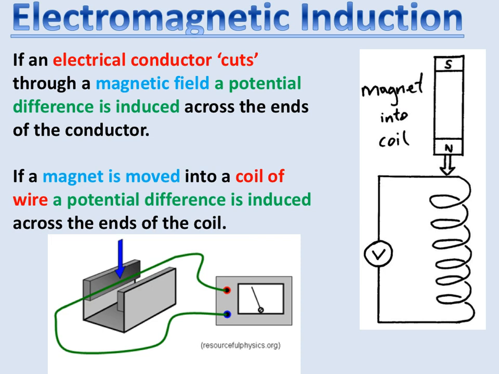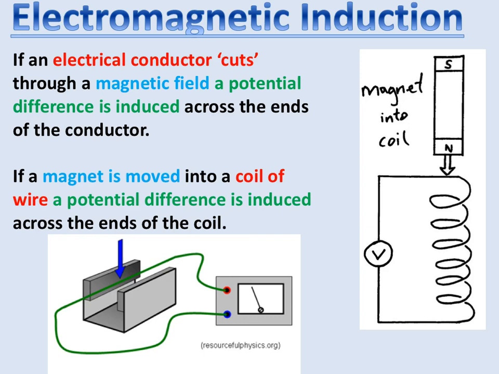We're now moving on to the final part of P3, which is Unit 3.3, which is all about electromagnetism. So electromagnetic induction is the first thing that we really need to understand. If an electrical conductor cuts through a magnetic field, a potential difference is induced across the ends of the conductor. Or, if a magnet is moved into a coil of wire, a potential difference is induced across the ends